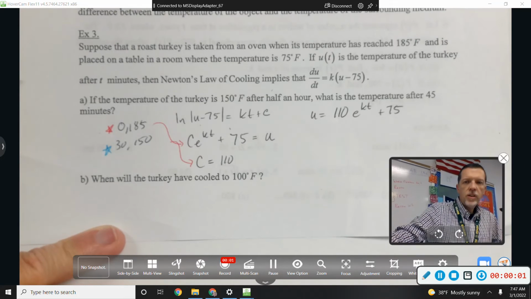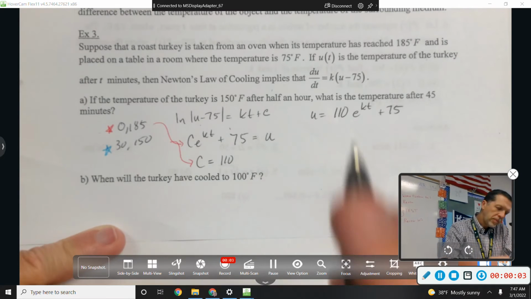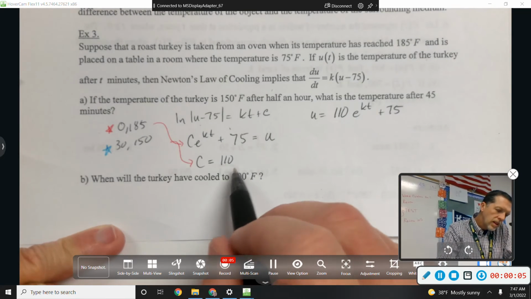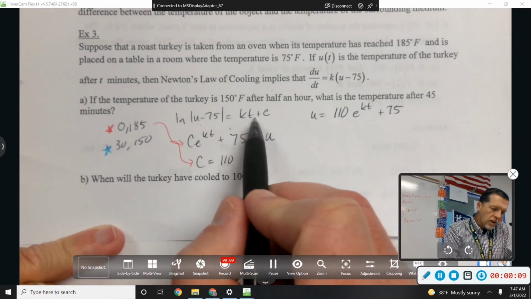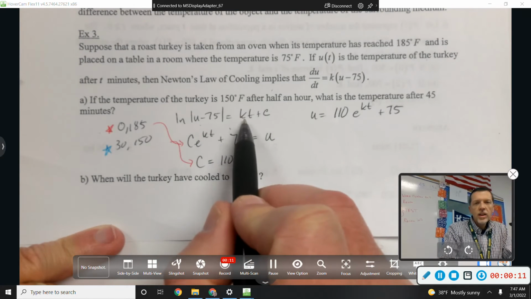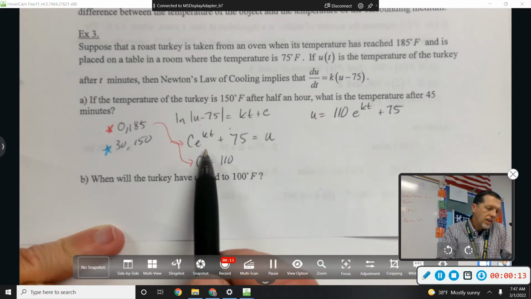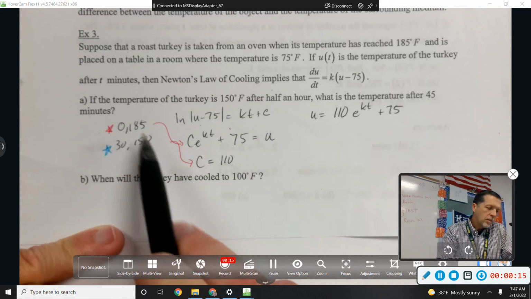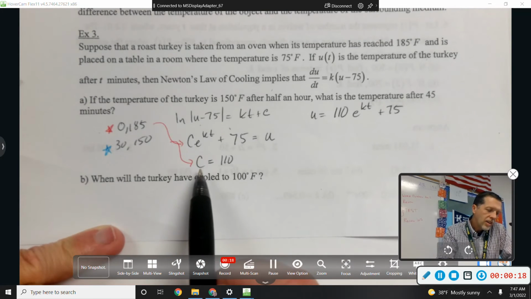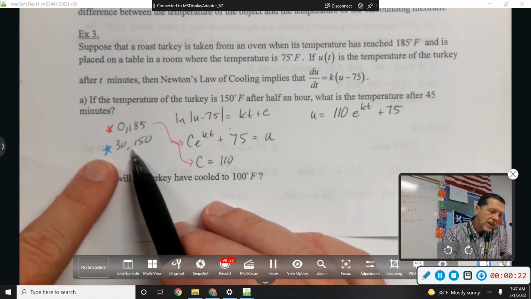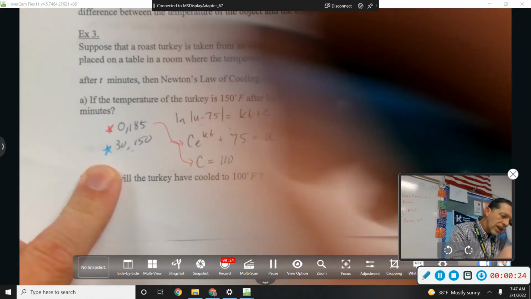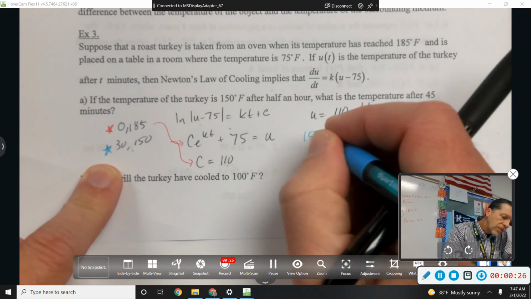All right, so finishing up example 3. Separate the variables, integrate both sides, we get this. Do some algebra tricks, move things around, we get this. Plug in 0, 185, we get C is 110. Now we're ready to solve for k because we can plug in 150 for temperature,